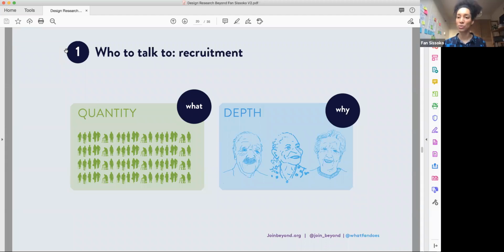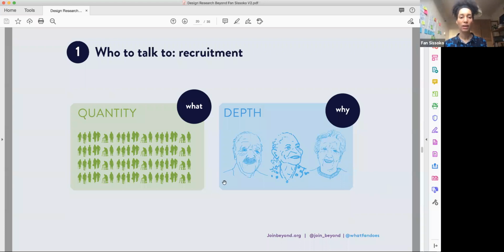But then if you're trying to reach people who might be quite isolated, then obviously that's an added challenge, and you'll have to be creative with how you find people in that category. But one question I also get asked all the time when it comes to recruitment is, how many people do I go for? And the answer is always, obviously, it depends. It depends on what you're trying to achieve and what you're trying to find out and how deep you want